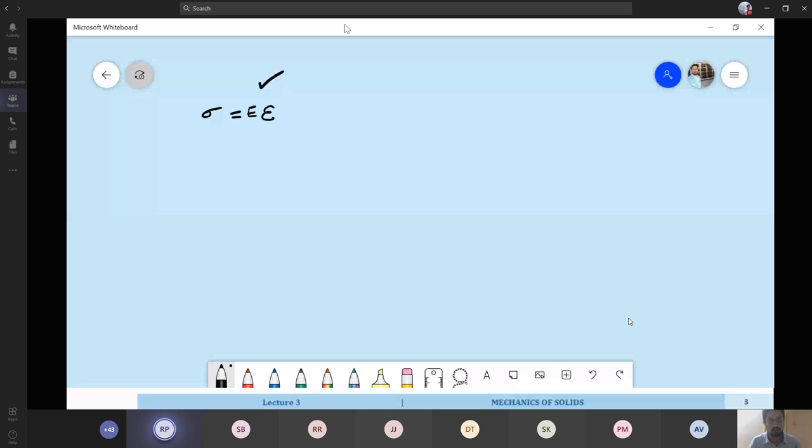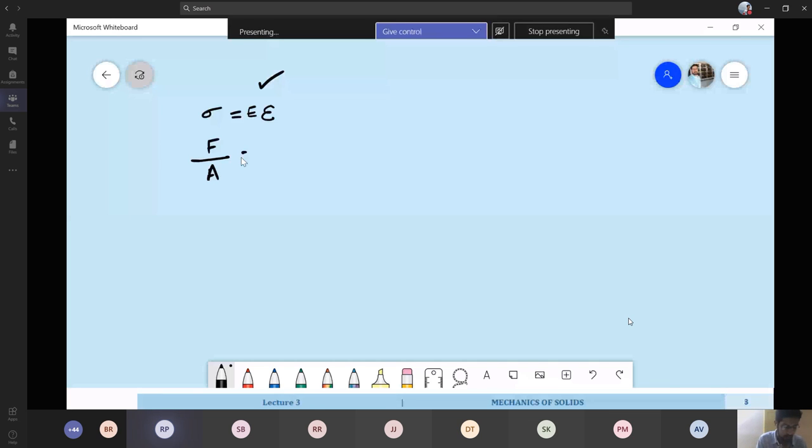So Ram, what is the expression for stress here? Sir, 150 kilonewton. No, I'm asking the formula. Stress is force per unit area. Okay, and what is the expression for epsilon? Change in length by original length. And what quantities are known here? Sir, we know that the change in length at 150 kilonewton is 0.21 mm, and the maximum load till which the elastic behavior is seen is 250 kilonewton.